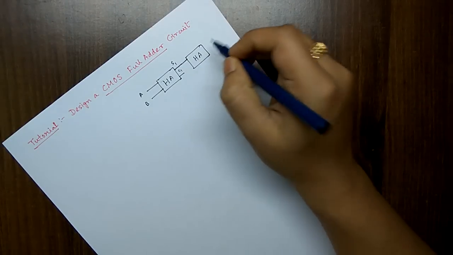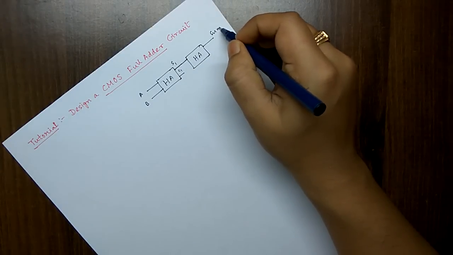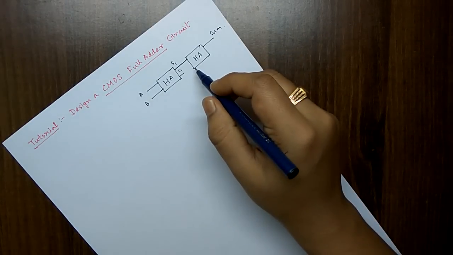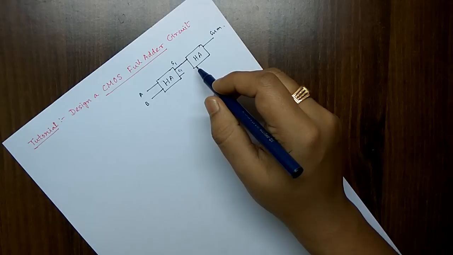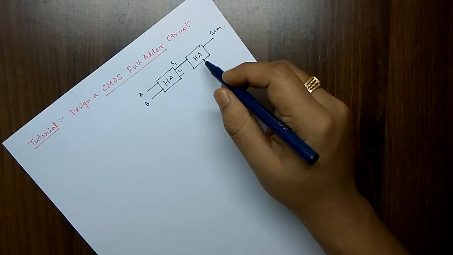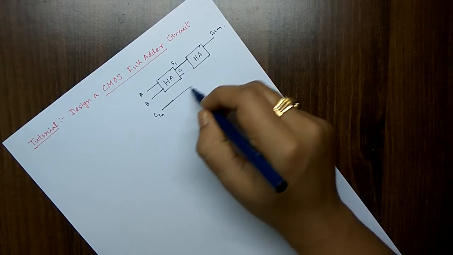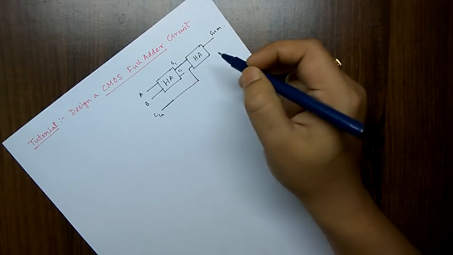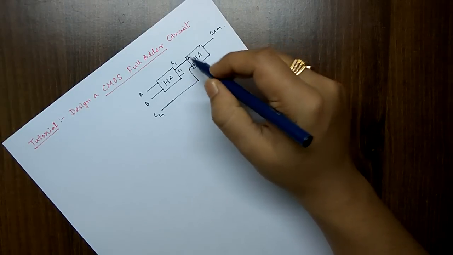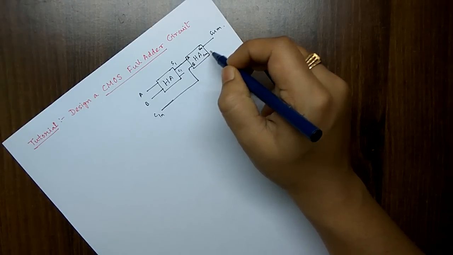Now this sum goes through the second half adder circuit directly, and it is nothing but the main sum. For the second half adder circuit, always remember that the previous carry is taken as the second input of that circuit, like C in here. This C in is the input of this half adder circuit. This is the second block, and these are the two inputs of the second half adder block, from where once again sum and carry come out.